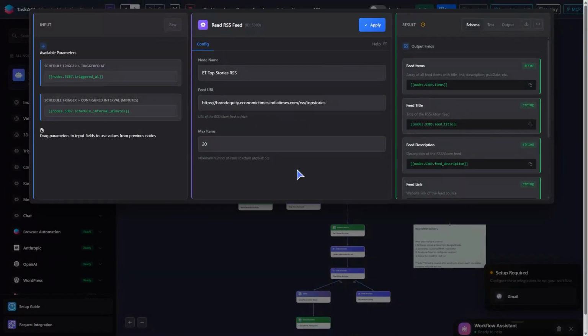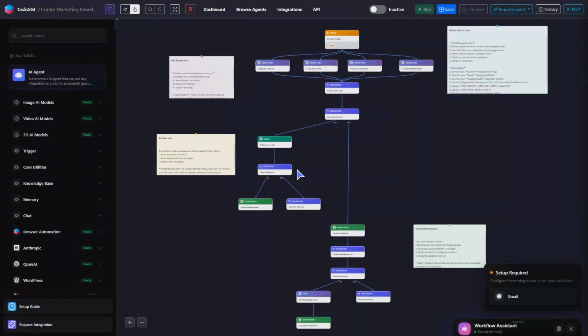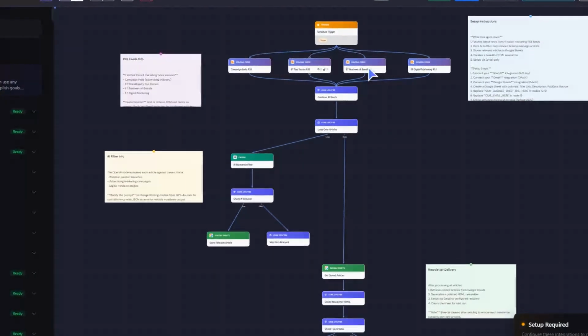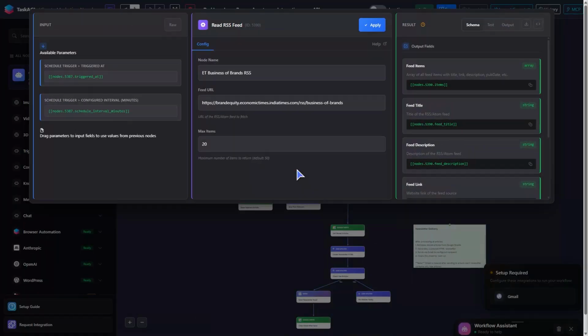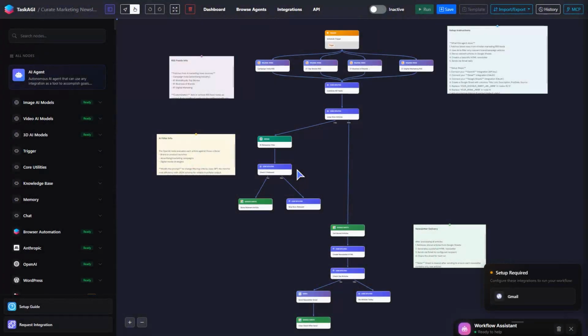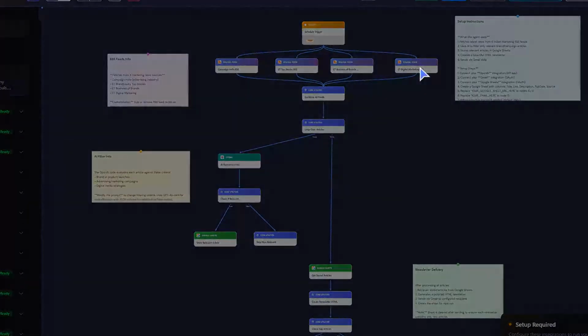This node fetches the latest 20 articles from the Economic Times Business of Brands RSS feed, pulling in fresh marketing and branding content to populate the newsletter. This node pulls up to 20 articles from the Economic Times Digital Marketing RSS feed, providing fresh content sources for